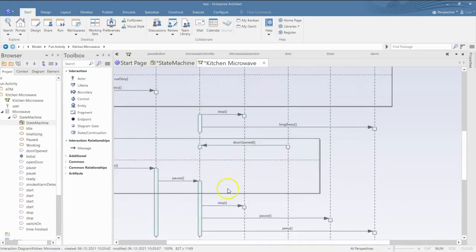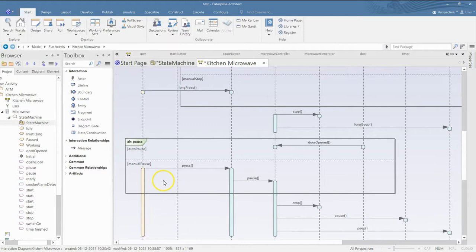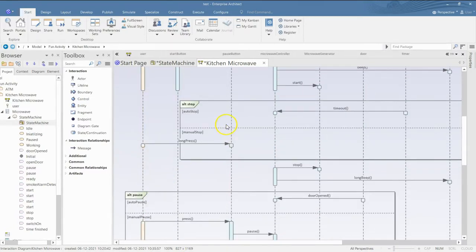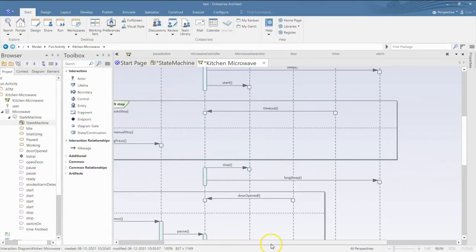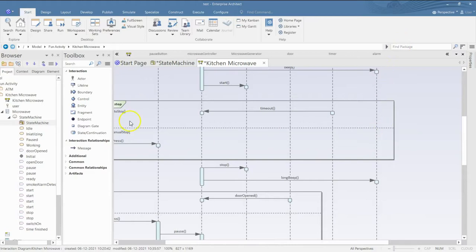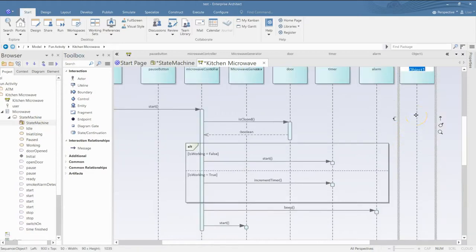Now that will happen as part of stop. So where is our stop? Stop is here. So that means you require first of all a smoke detector. Let's add one more lifeline. Let's call it smoke detector.